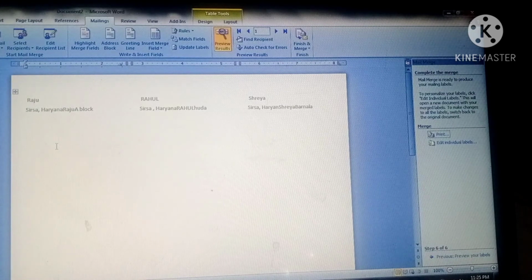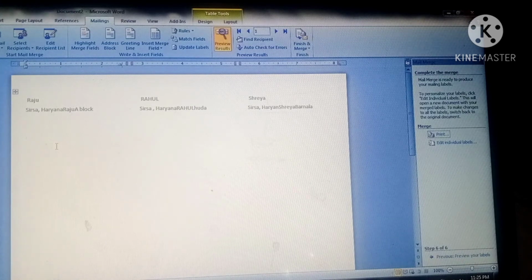This facility will print all the addresses on a page, and you will cut these labels and paste them on each and every envelope to send the letter to your friends.